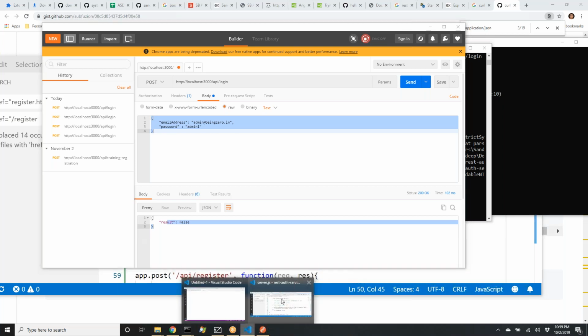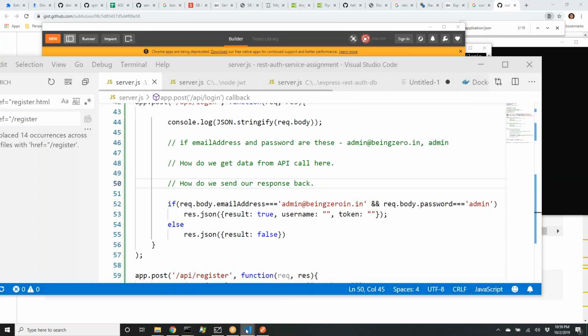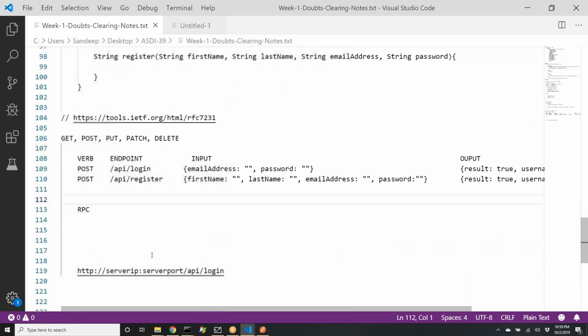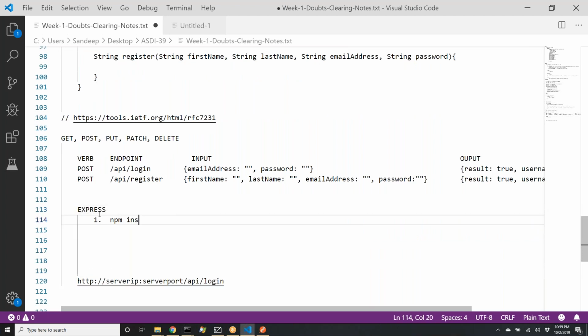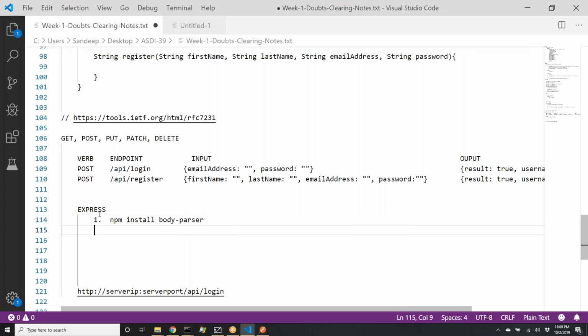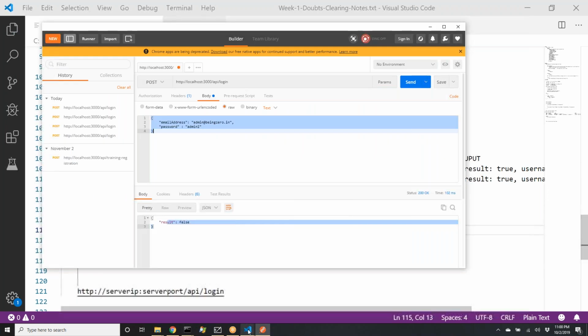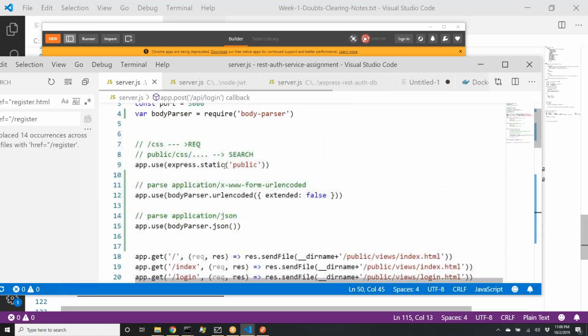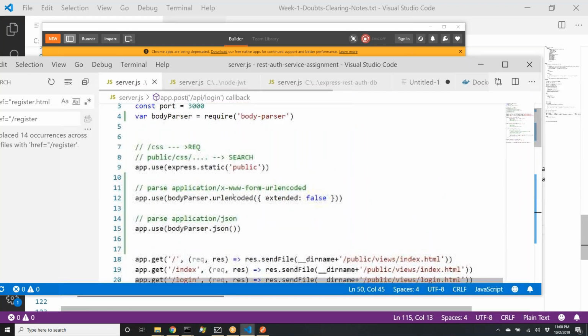So in a nutshell, if we want to summarize what we have learned: if you have created endpoints like this, and if you are actually dealing with Express, then you have to follow a few steps. npm install body-parser. This is the first thing that we did. Second, we have to use 2-3 lines of code in our Express. Let me go back to our server.js. So 3 things that we did were